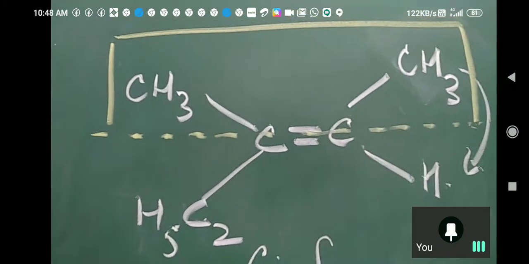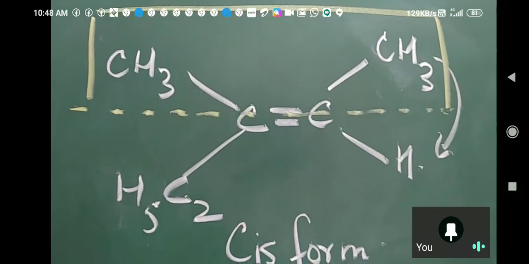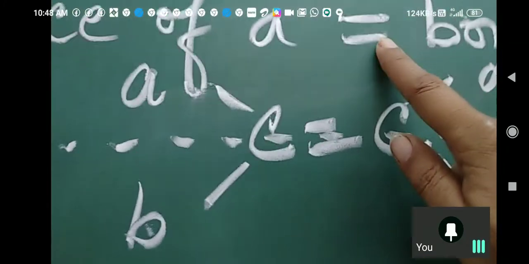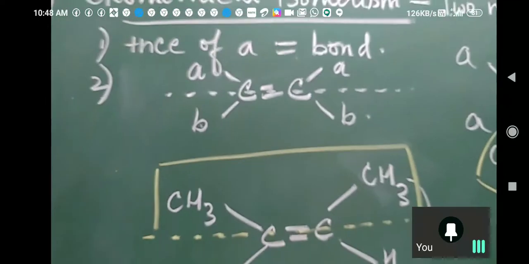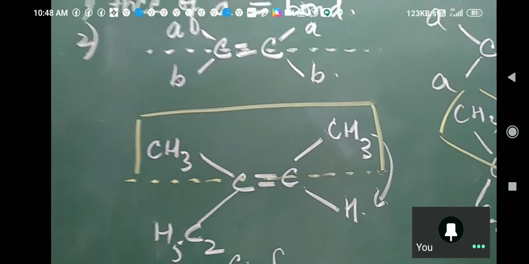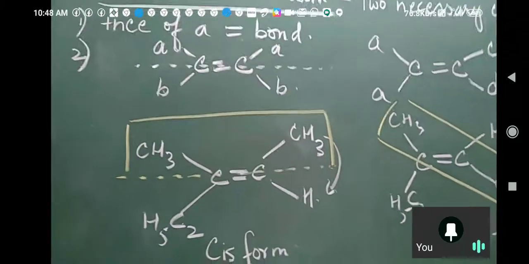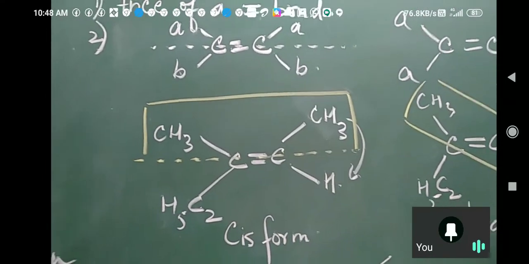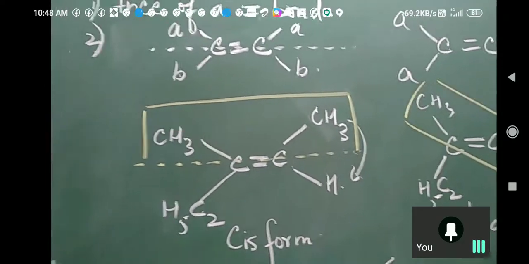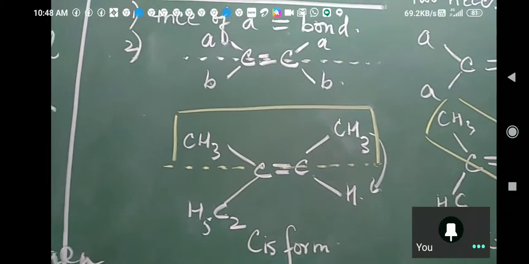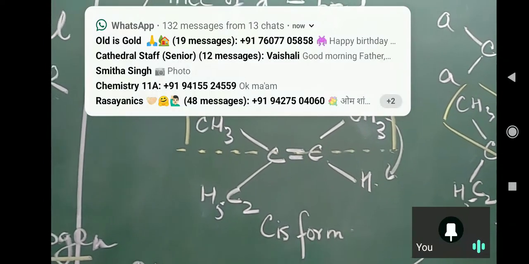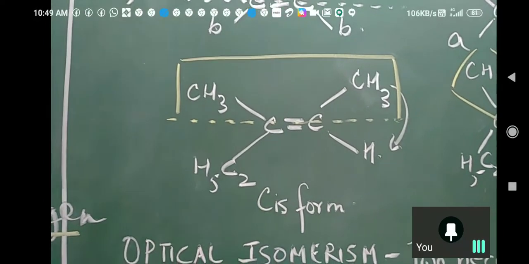So what is the cause of geometrical isomerism? Why is geometrical isomerism occurring? Why did I say it is only present in a double bond? It is caused due to restricted or hindered rotation of a double bond. A single bond has free rotation. Free rotation doesn't mean that it will go on and on. No, it can be rotated by 360 degrees, right? A double bond can be rotated by only 180 degrees, which causes geometrical isomerism.